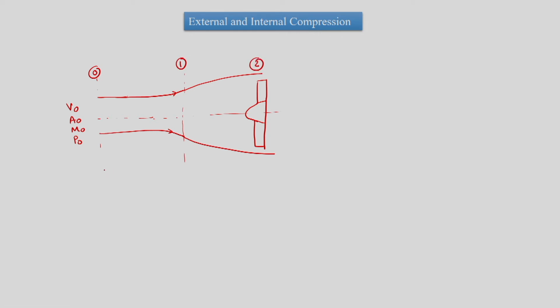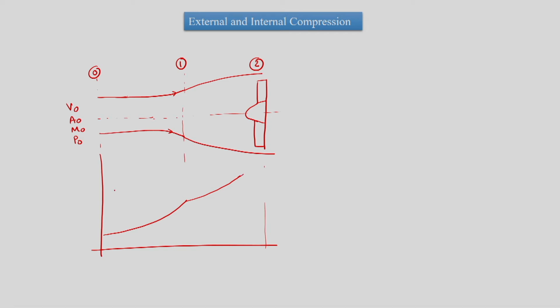So, if we plot the variation as what we said, then from 0 to 1 we have an increase in pressure and a decrease in Mach number. So, we have an increase in pressure. Further, there is an increase in pressure, but at a different rate for the 1 to 2 section, which is the entry to the